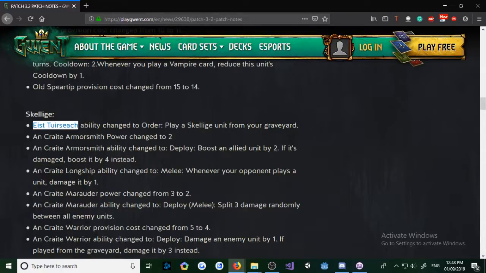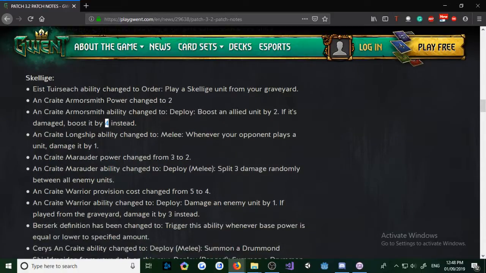And over here, Uncrate Armor Smith's power has been changed to 2. Now, I'm not sure, I didn't see this card getting played much, so I'm not sure about that. And I think it's pretty good because you're getting points right away, and its damage boost is 4 instead. So the meta for Skellige, I think, is going to be getting things damaged on your side, then healing back up